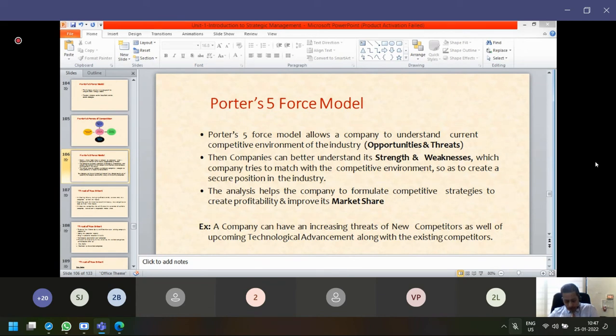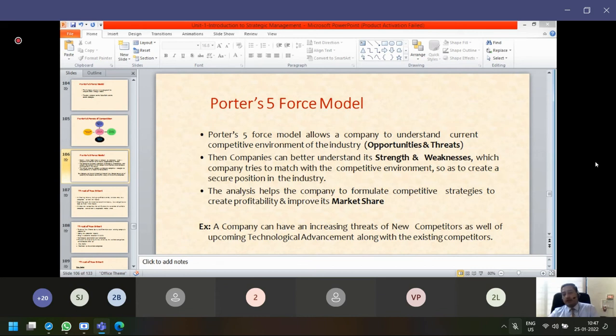So by doing this industry analysis, a company can identify there may be threats of new competitors. There may be new competitors which may be increasing, and then there may be technological changes, technological advancements in the